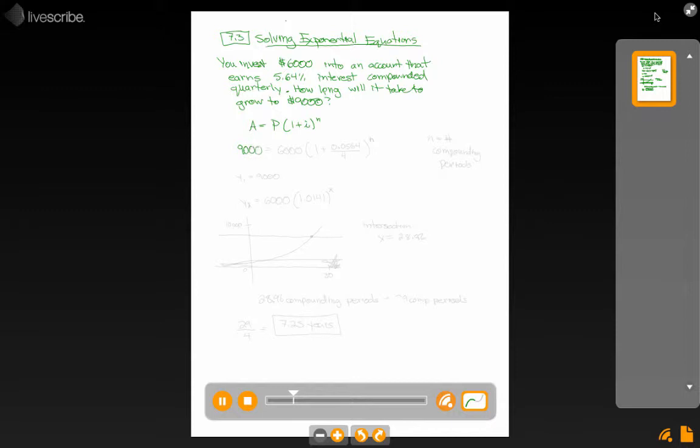So in this case we were given A, we're given the principal, and we have the interest rate, but we're not going to get 0.0564 on our investment every quarter. We're getting a quarter of that. And n, if I define n as my number of compounding periods, I just leave it as it is. If I defined n as my number of years, I'll have to be a bit more careful and put 4n as the exponent. But if n is just the number of compounding periods, which is what we've left it as in our previous example,